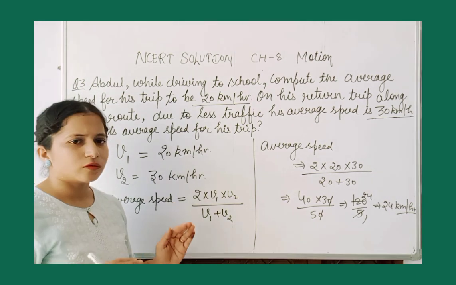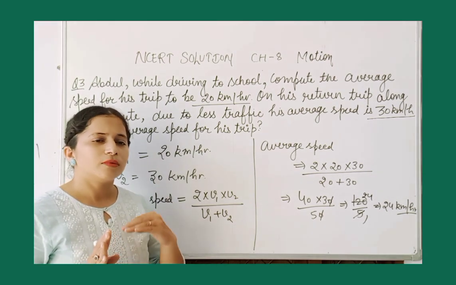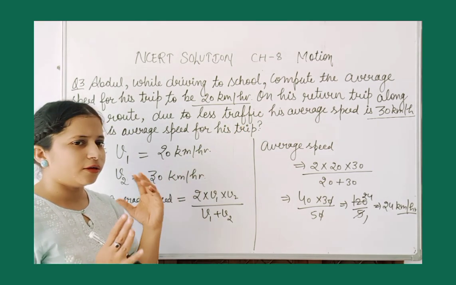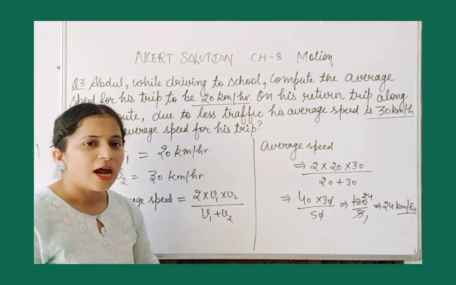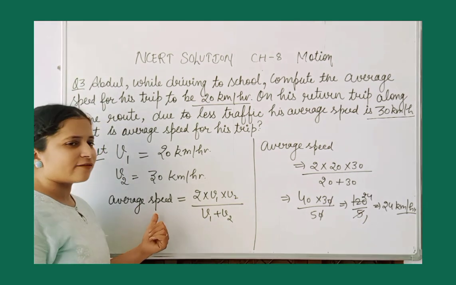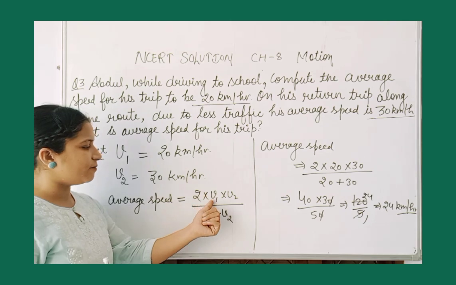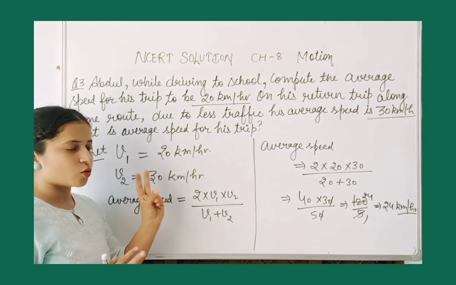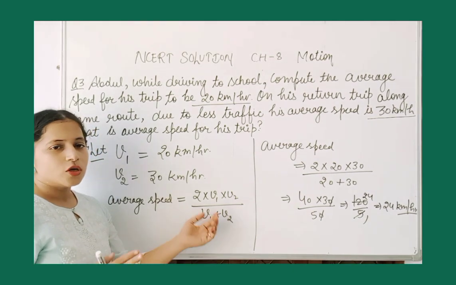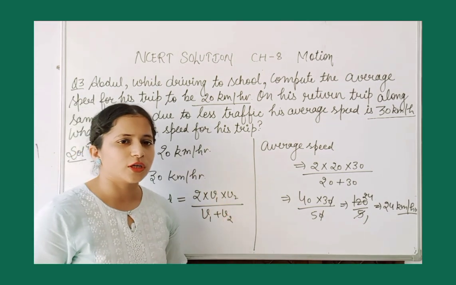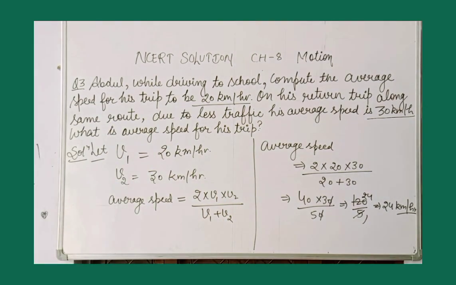You can solve this kind of question whenever two different average speeds of different situations are given and they are following the same path. So the formula for the average speed would be 2 multiplied by v1 multiplied by v2 divided by v1 plus v2, where v1 and v2 are the two different average speeds, like in this question. So we will use this formula to solve this kind of question. Please note the question quickly.